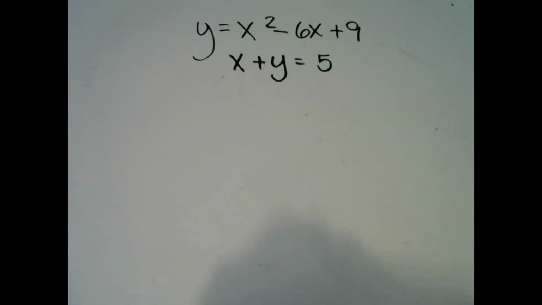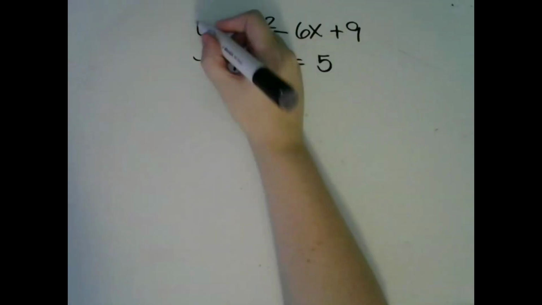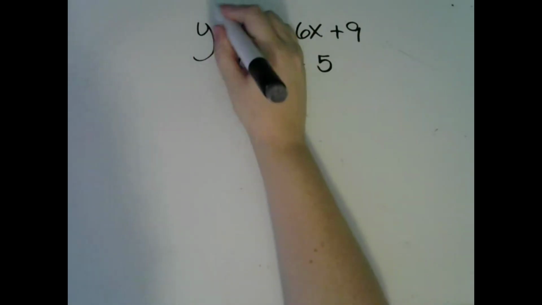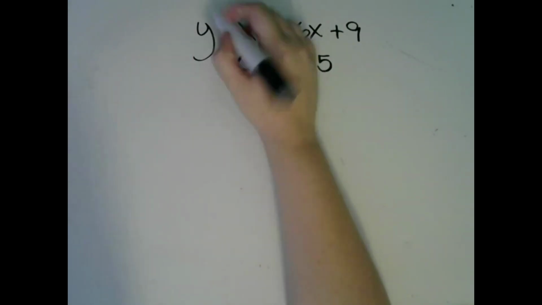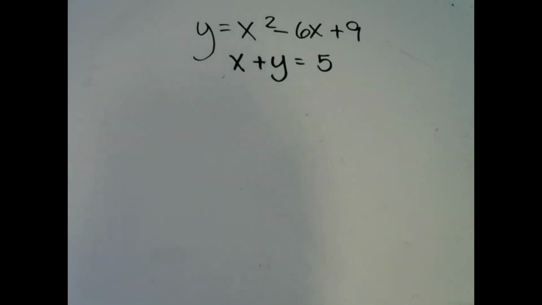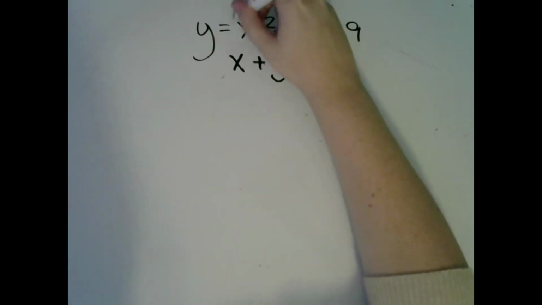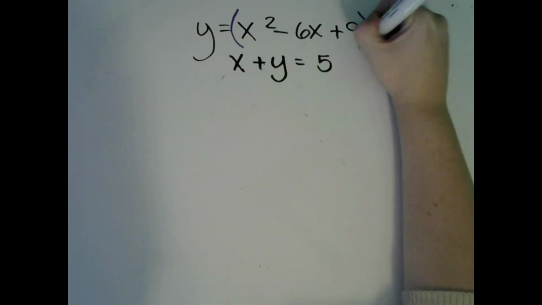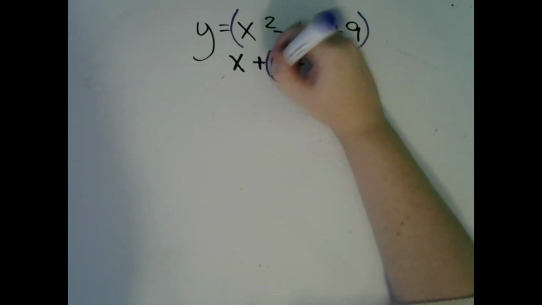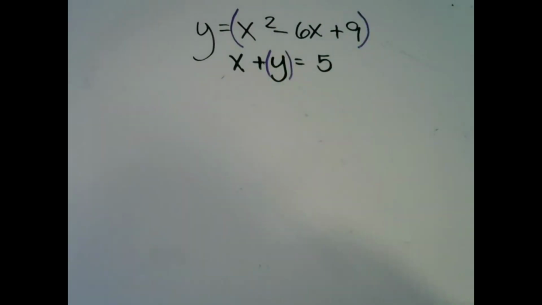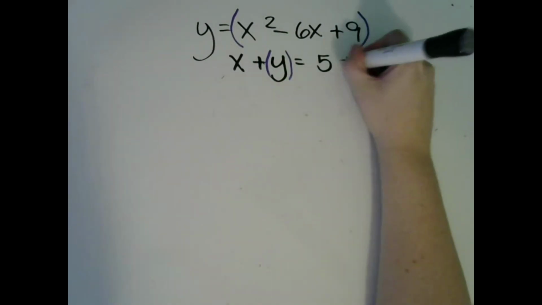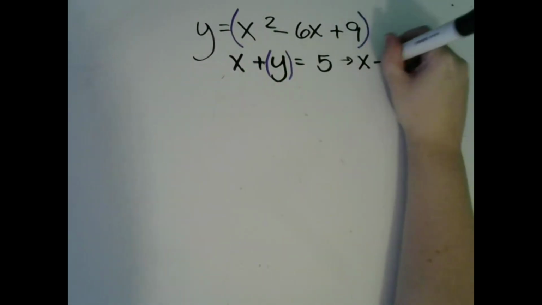So to make the substitution method work, you need to identify an isolated variable, such as this y in the equation y equals. If you can't find an isolated variable, you have to make an isolated variable. Once you've identified the isolated variable, you can substitute that expression into the other equation for the value of y. After substitution, your new equation is x plus